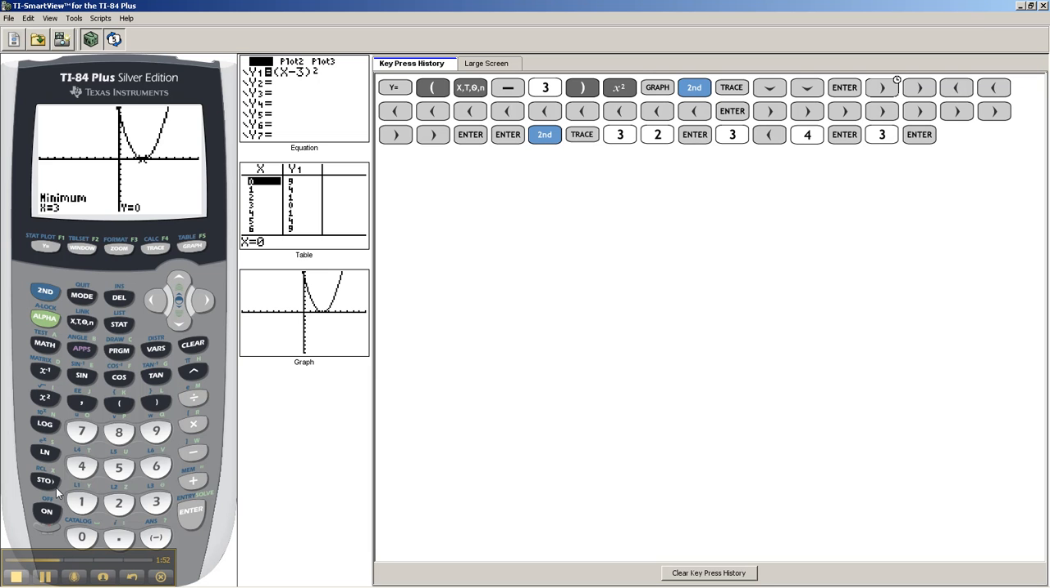there is a limitation. I'll get to talk about that in a second. And that limitation is that the calculator can only find one minimum. So let's say,